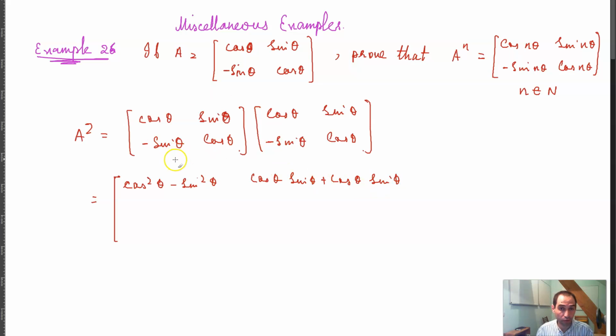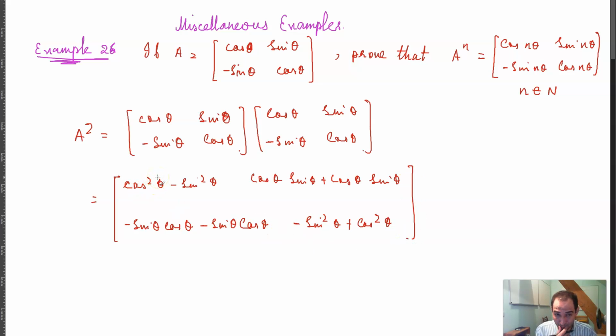Of course, that's not the way to prove it, but let's see what happens. Then you have negative sine theta cos theta, negative sine theta cos theta, and then you have negative sine squared theta plus cos squared theta. And that is the same thing as, now cos squared theta minus sine squared theta is equal to